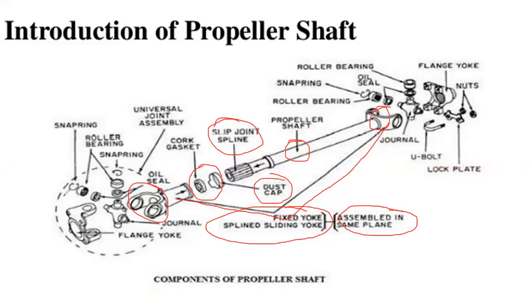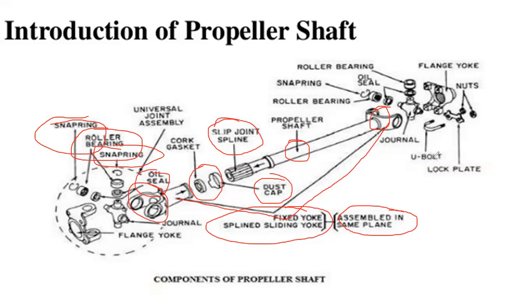Okay, so in the joints, you can see the different components assembled in this joint: journal, flange yoke, oil seals, snap ring, roller bearings, and another snap ring. These are the different components of this joint. Also the same at the other end of the components, you can see flange yoke,